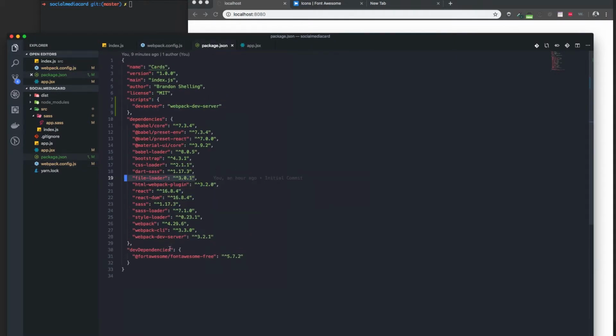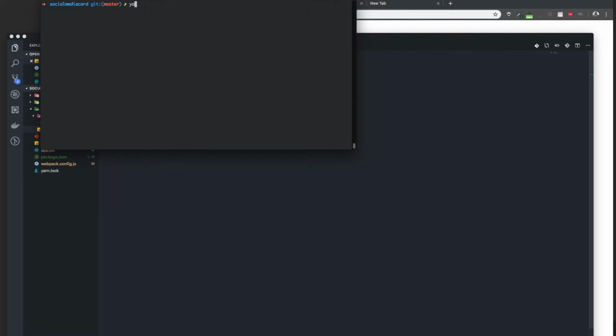You'll see here that I've already included it within our dependencies, which is the file loader, and I also have my Font Awesome library. So the first example I'll show you is how to resolve for any image that you're going to be using, but in this case we're using the Font Awesome library. I want to just install the file loader,